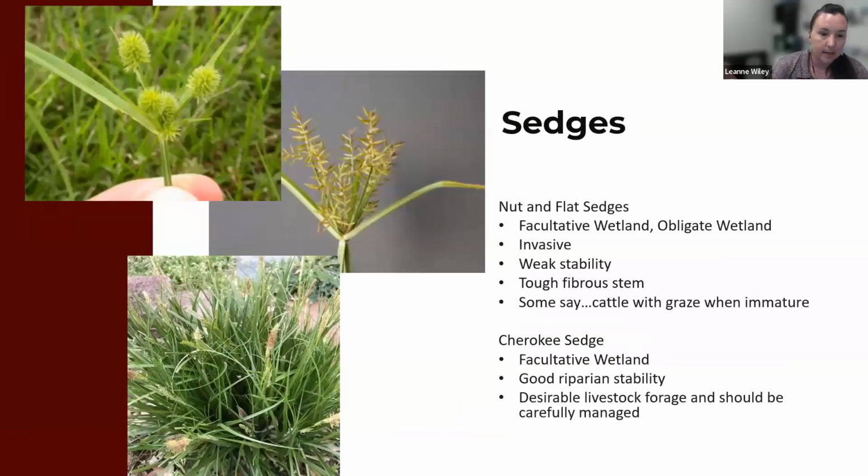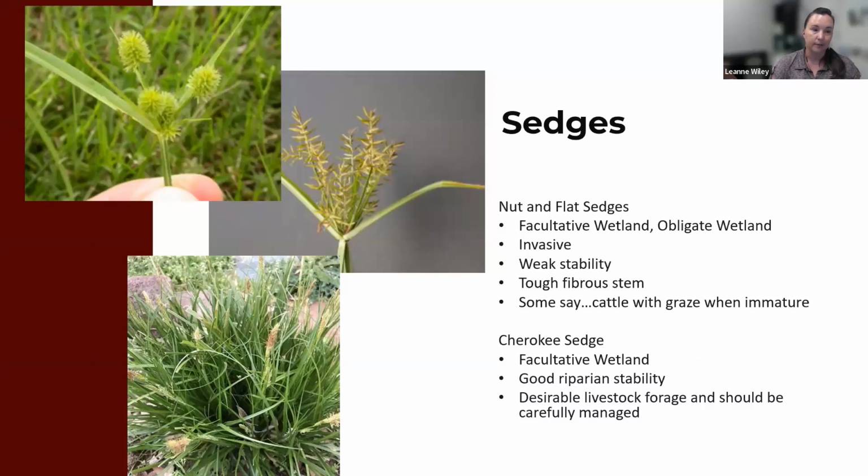Sedges is another one that there's kind of ups and downs. The flat and nut sedge that I'm a little bit familiar with from working with a lot of landowners in the NRCS, it's something that can be very frustrating for those producers, but it also can be an indicator plant because it's going to show you where you have moisture in your soils. Unfortunately, each of these plants has a ton of seeds and will move across different pastures. So your pasture may not have had it in years past, and then all of a sudden you have it, and it's very difficult to control.